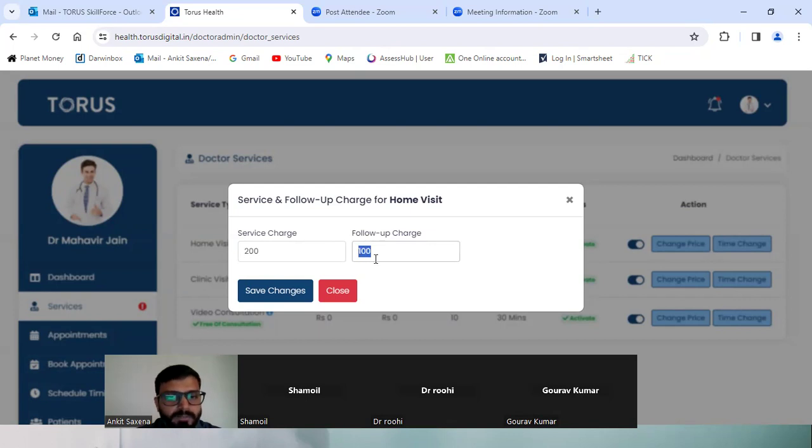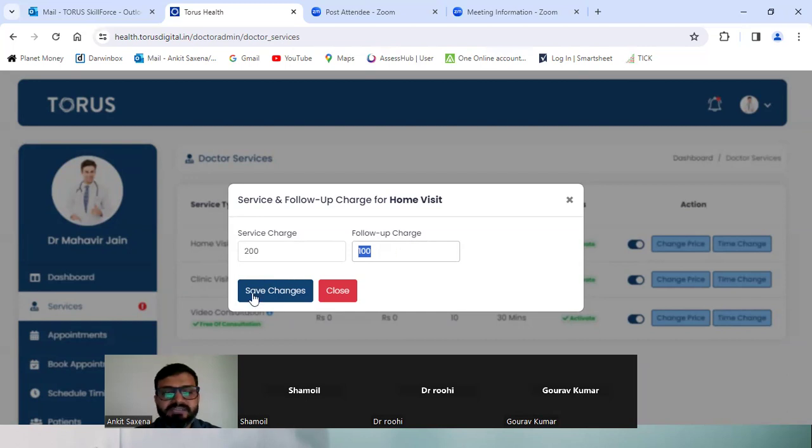Or if you don't mention a price here, it will become free for the patient. Accordingly, you can modify your consultation charges here. So first consultation and follow-up charge, you can edit.